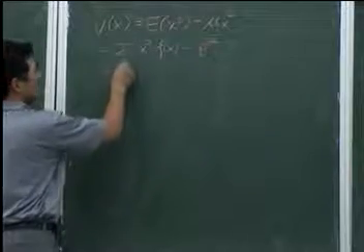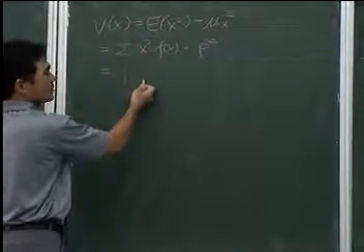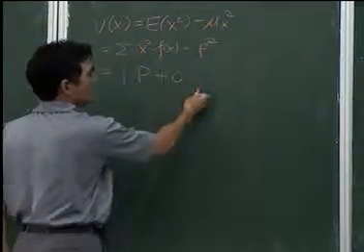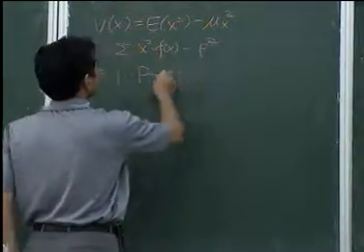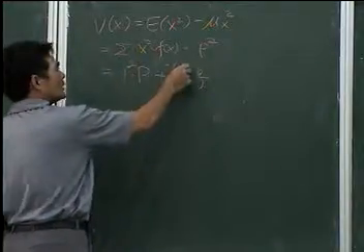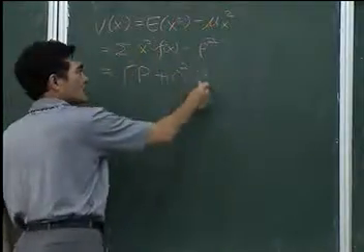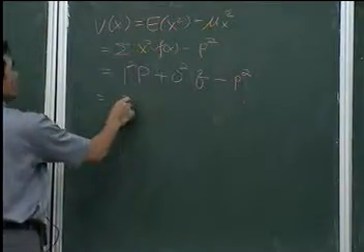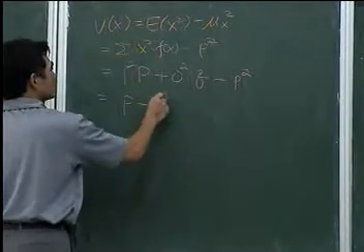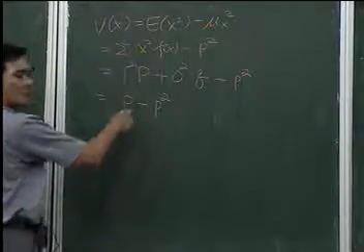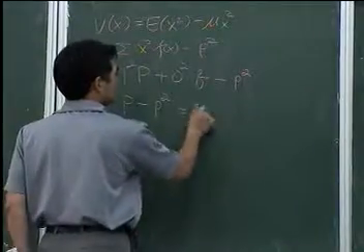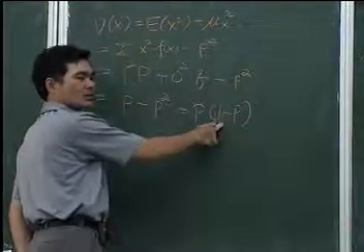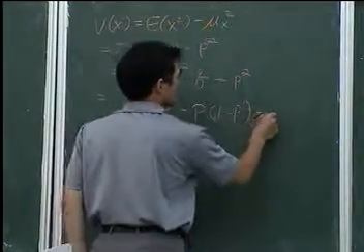And in this case, it will be 1 times P, and plus 0 times Q, because 1 squared is equal to 1, 0 squared is equal to 0, and minus P squared. So it will be equal to P minus P squared, right? And we can factor P out. We get P times (1 minus P), and because 1 minus P is equal to Q, that is equal to